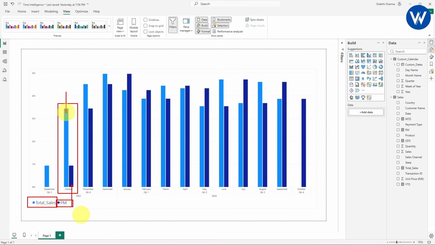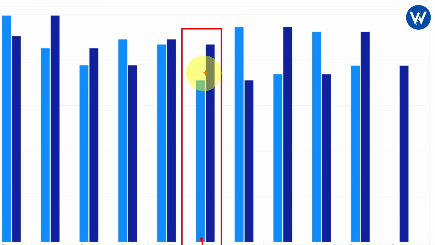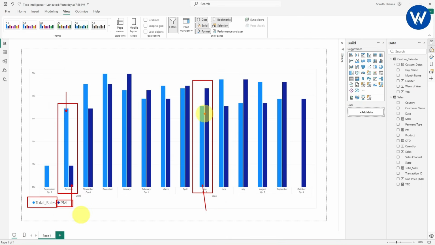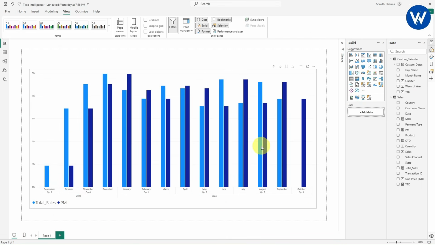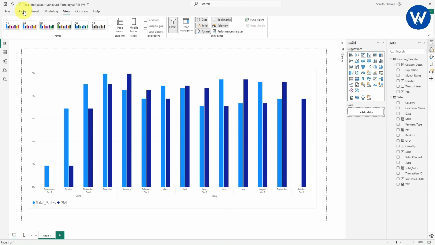So with the help of this, we can compare that October month is having the highest sale as compared with the previous month. In the same way, there might be a few months like this is the May month. The May month is having the least sale as compared with the previous month. As you can see the comparison between the bars. With the help of this column chart, we can easily get the business insight. I hope you guys understood. In the same way, you can find the previous quarter and previous year also. It is very simple guys.